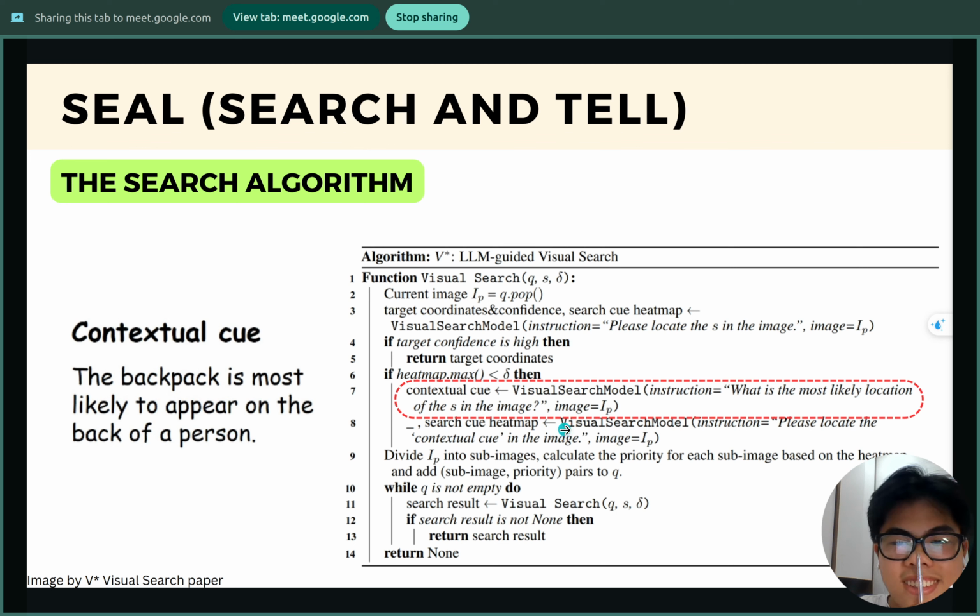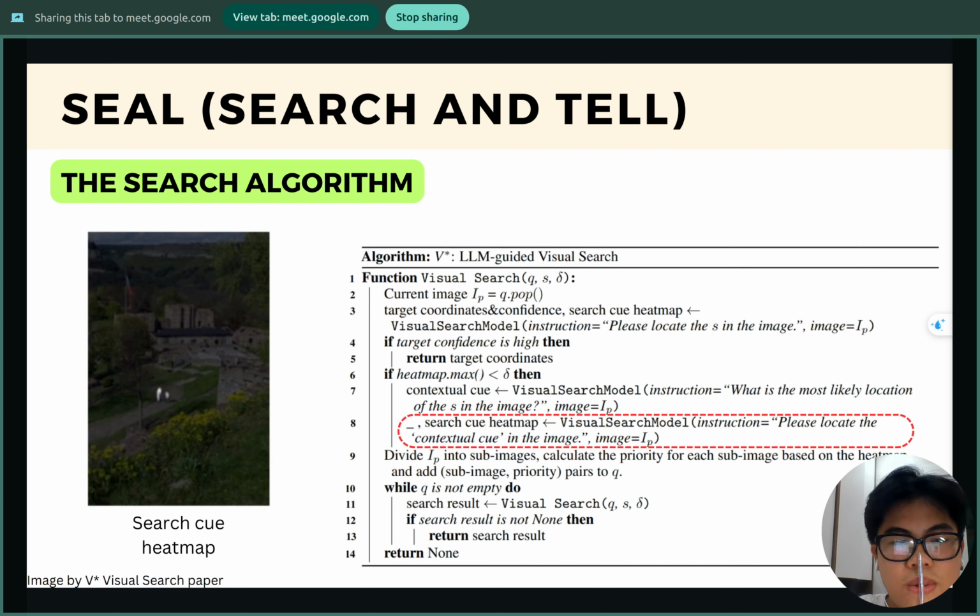And we use the VLM again, but the instruction will be different: please locate the contextual cue in the image, and it returns two things. The underscore here refers to the target coordinates, but in this line we do not care about it. We just care about the heat map. Okay, so once we have the heat map,